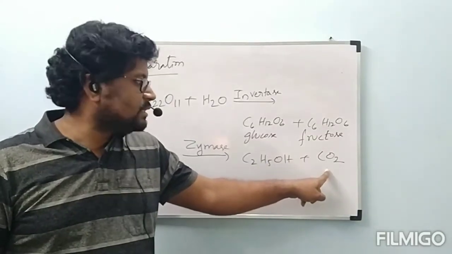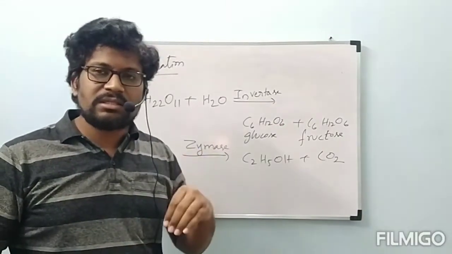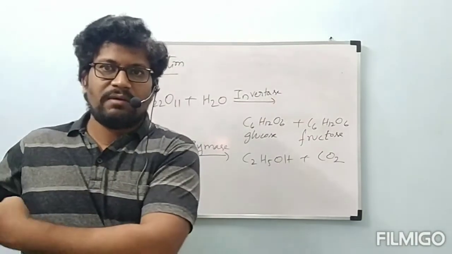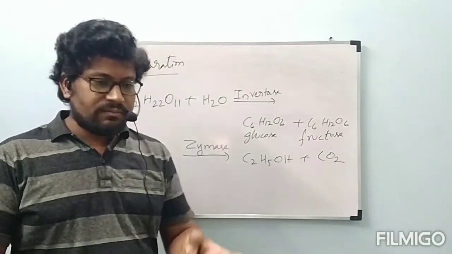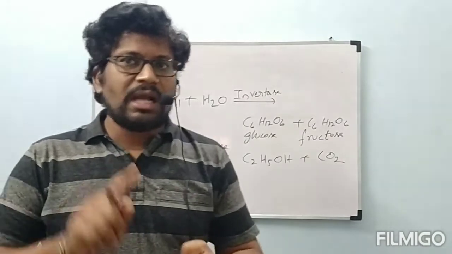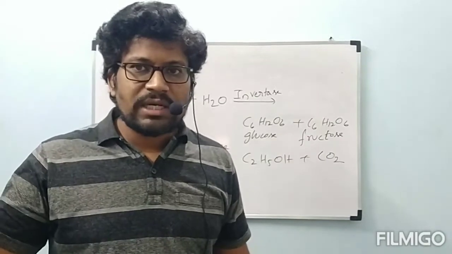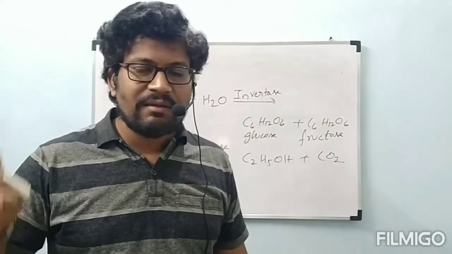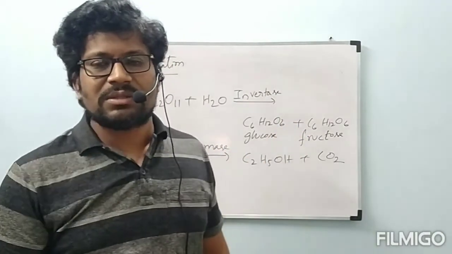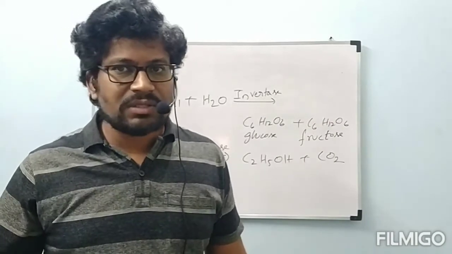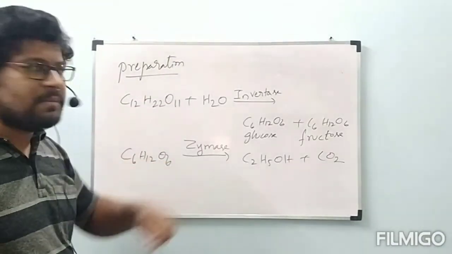That's why it will not be removed, it will not be wasted. Even it is saved and used for our other purposes. CO2 is also used from this industry. From this sugar industry and from this alcohol industry, no product is getting wasted. Even from the sugar industry, what is the waste substance? That is molasses. From that molasses, we prepare this alcohol, and the byproduct, CO2, is also stored in cylinders. And what are the uses of CO2? We know already. In this way, in 2 steps, alcohol will be manufactured.